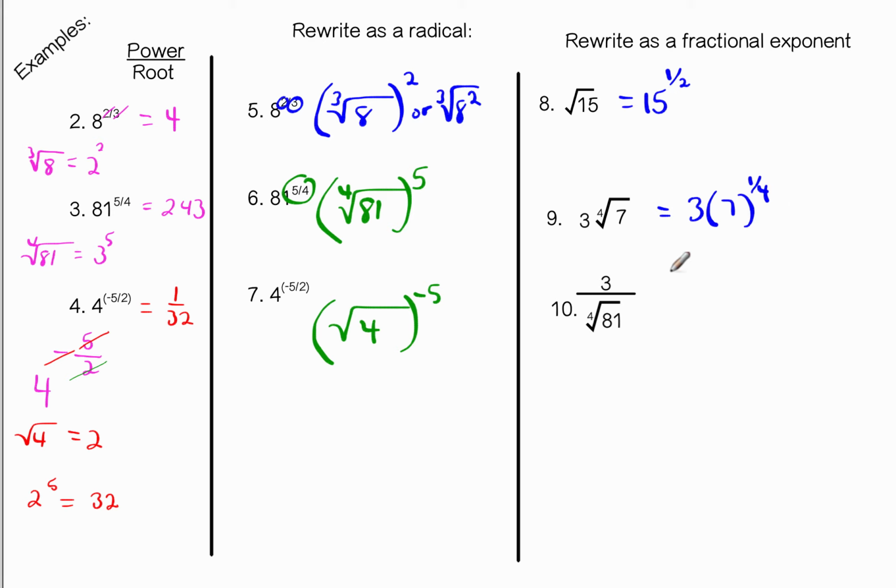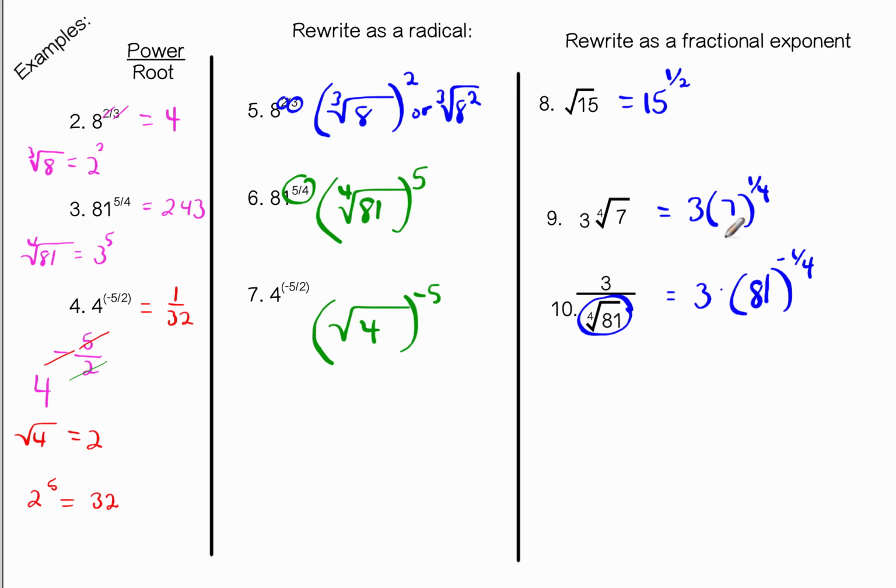And the last one, 3 over the 4th root of 81. Once again, the 3, nothing is happening to it. It's the 81 that's getting raised to the 1/4 power because I wanted to take the 4th root of 81. But since this is in the denominator, there's also a negative involved. Because remember, negative exponents tell me to put in the denominator, or if they started in the denominator, put it